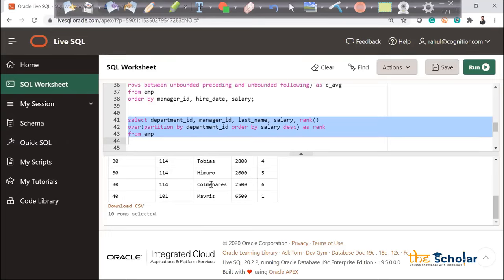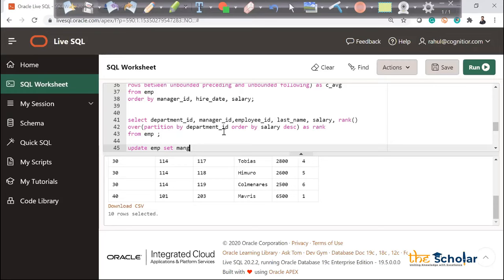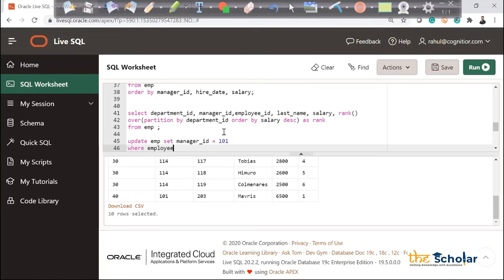So update EMP set manager ID is equal to, let me use maybe 101, where employee ID is equal to 119.